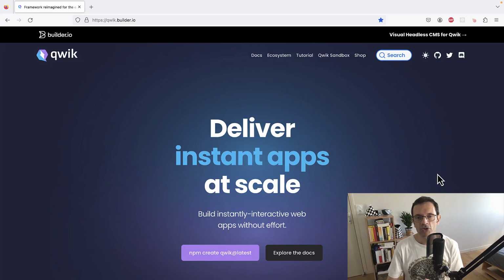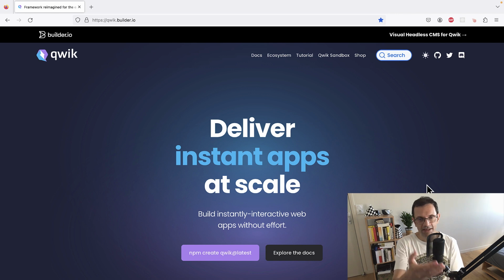I've been playing with Qwik for 2 months now, almost full time. And I'm really amazed by what this framework brings to the table. It's really excellent. And why should you care about this new framework? Maybe you're struggling with React, or maybe you've learned React and you don't want to spend more time on front-end technologies. I have good news for you.